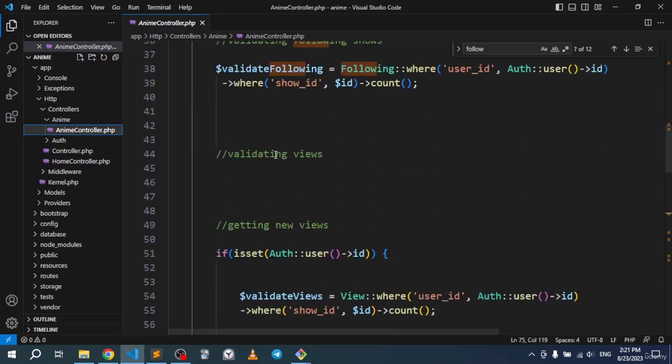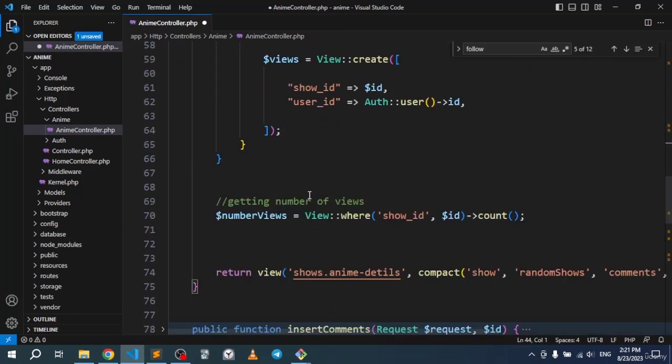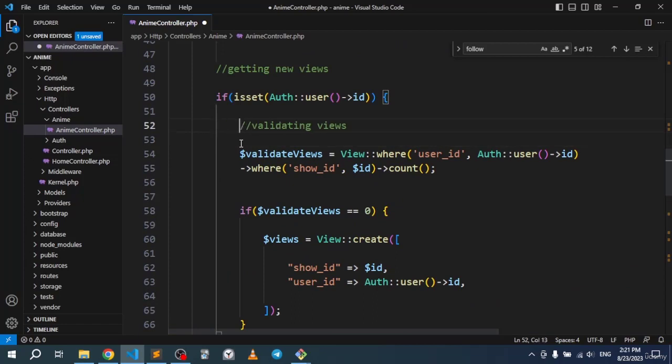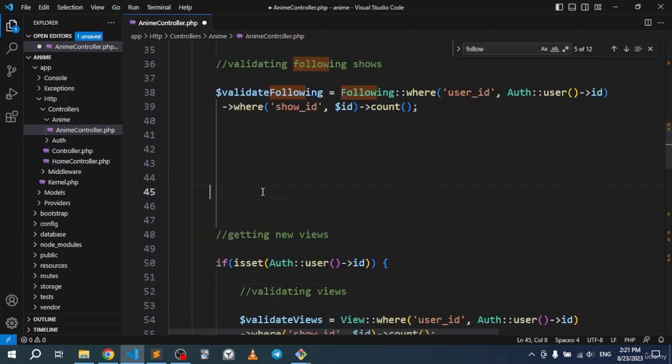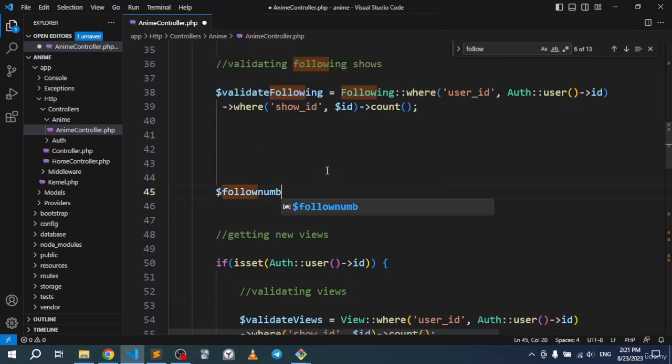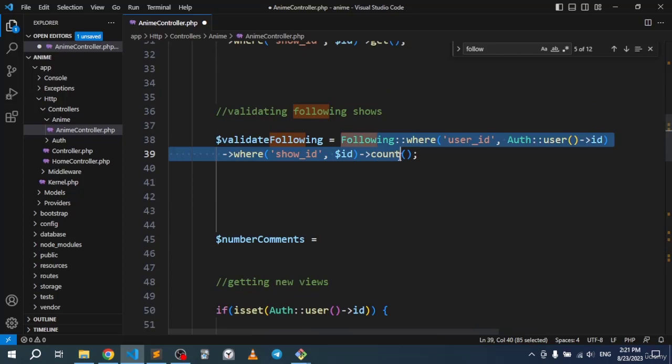I'm going to cut this and put it right there, and then go right here and add number of comments equals, and I'm going to grab this,